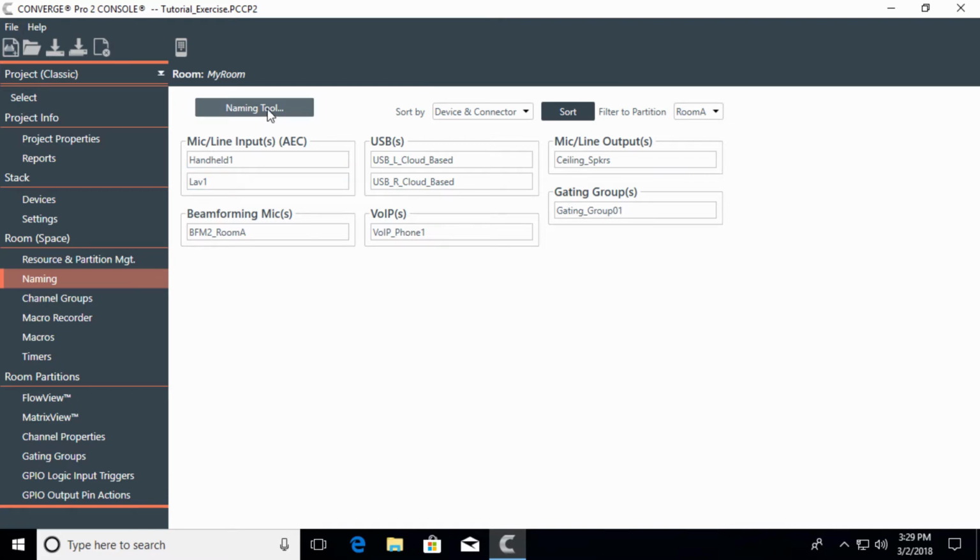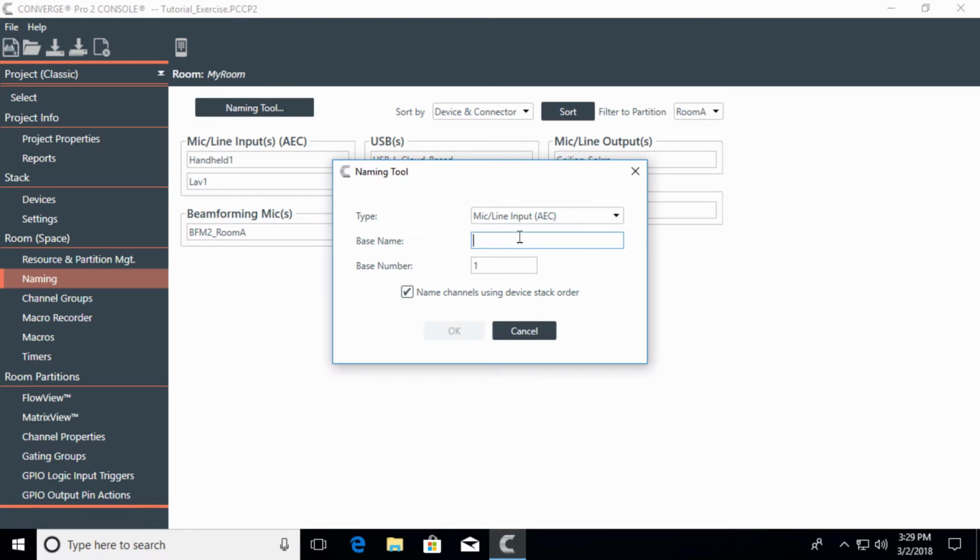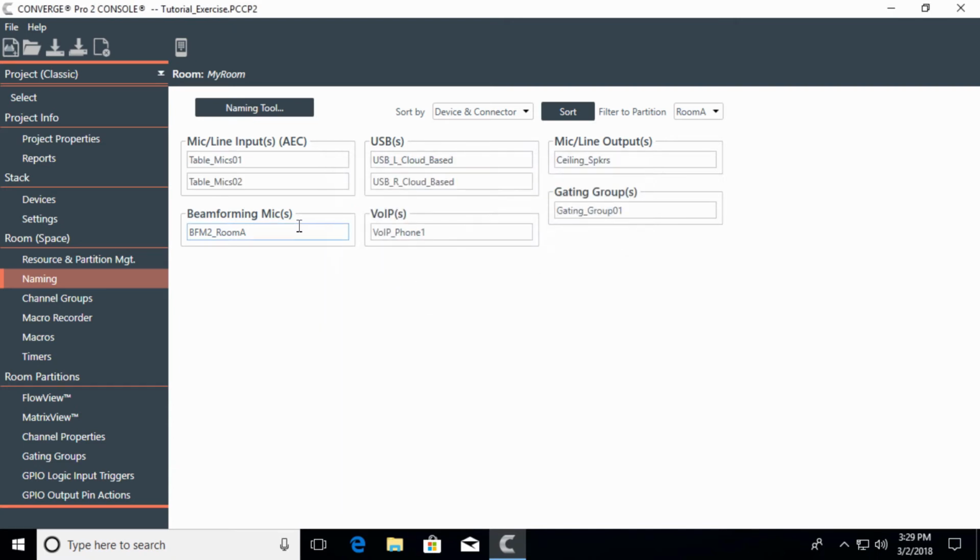One thing you can do in naming that's really nice, and I'll do this real quickly to show you, but in naming tool, I could say if this was 8 table mics or numerous mics that were all the same, instead of naming them table mic 1, table mic 2, table mic 3, you can use the naming tool, and on these mic line inputs, I could have actually just said table mic, and I could start with number 1 here, and if I hit OK, you'll notice that it just lists those and names them 1, 2, 3, 4, 5, whatever it is. But in this case, I'm going to keep it,